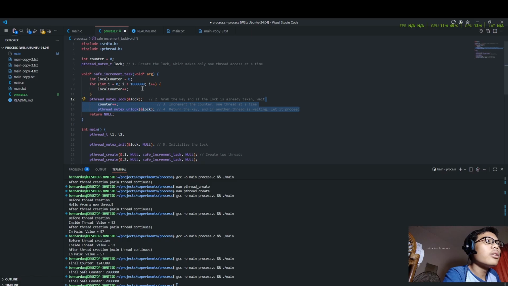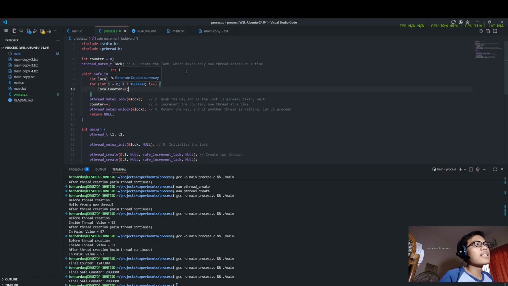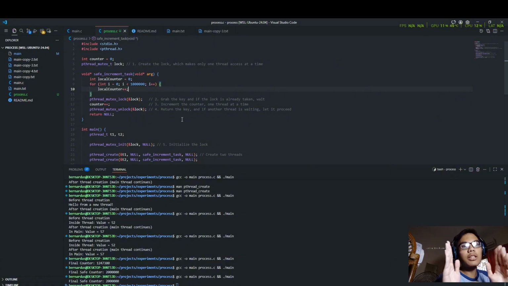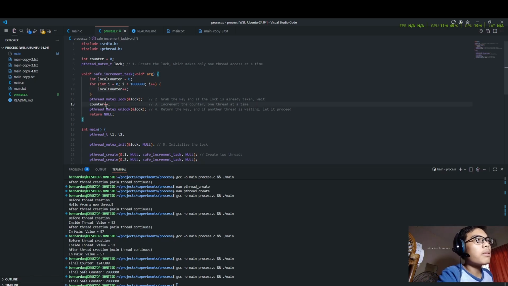Afterwards, we'll do this. So what will happen right now is each thread will utilize its own stack memory first. So they will increment both to 2 million first. Once it finishes the loop, it will immediately lock and add the counter. Sorry, not counter plus plus, but counter plus equals local plus equals. So basically this